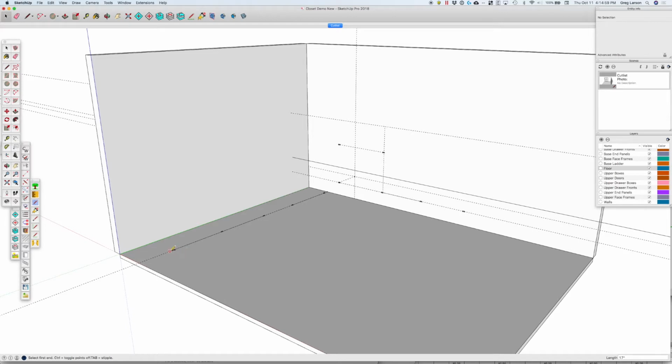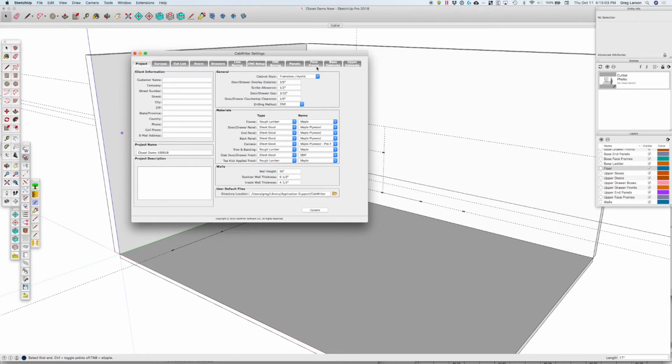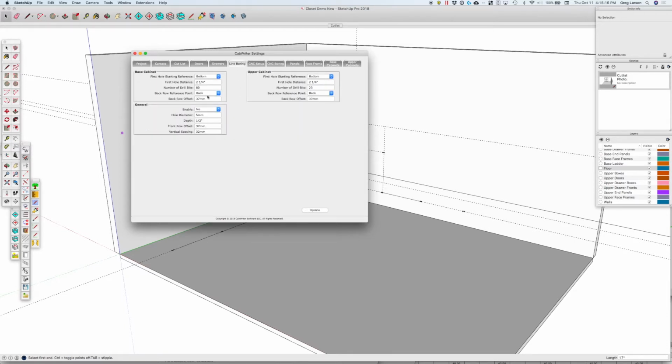So why don't we draw a couple cabinets. So I've set up my defaults here. So right now I've got a CNC project set up, but I actually want to do line boring and actually disable the line boring. We're going to want holes in very specific places for something like this, so I'm going to show you how we do that. So for now I want to turn all the holes off,